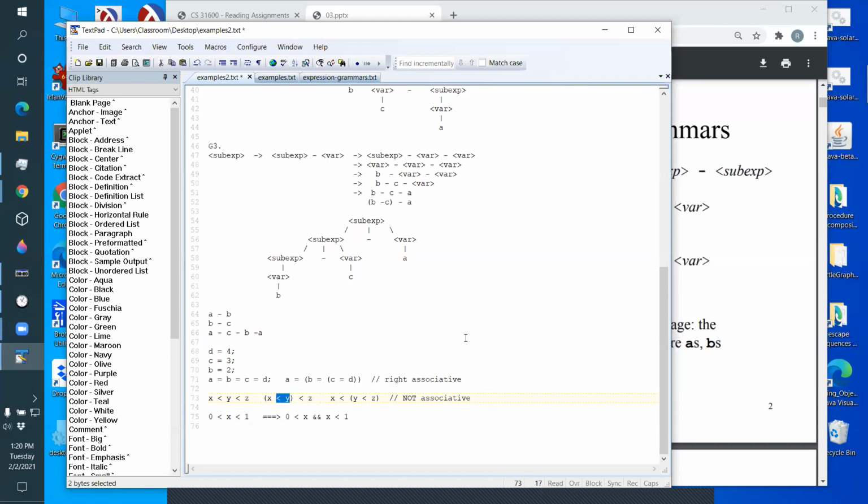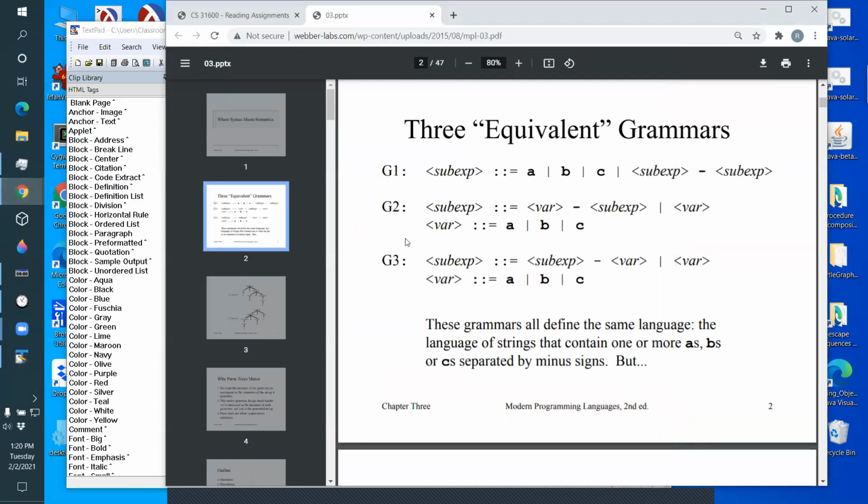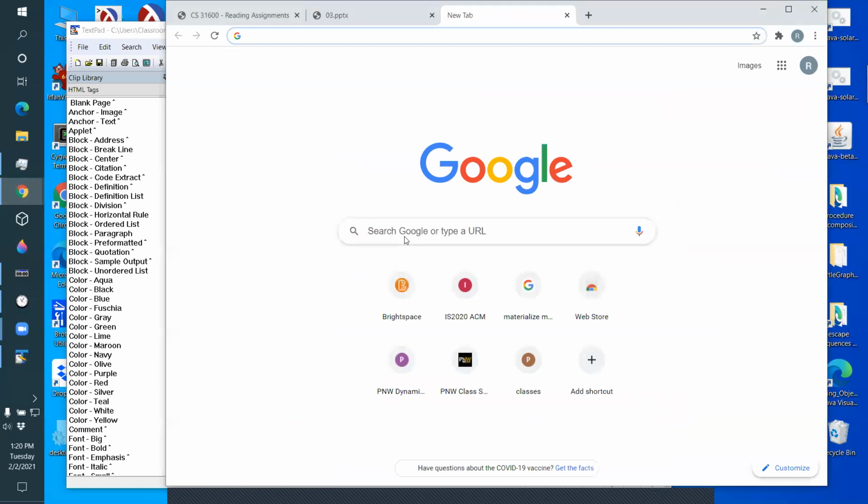You can't compare Boolean with number. You can't compare number with Boolean. Okay, so this is an example of a non-associative operator. Some operators are right associative, some operators are left associative, and some operators are not associative. Now, if you go to look this up,